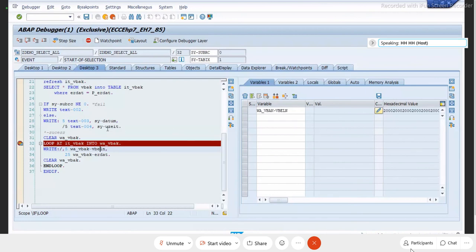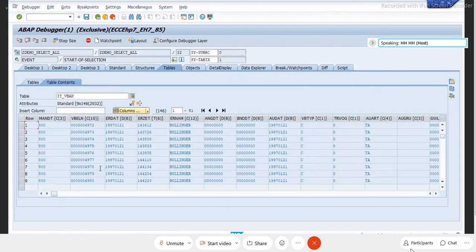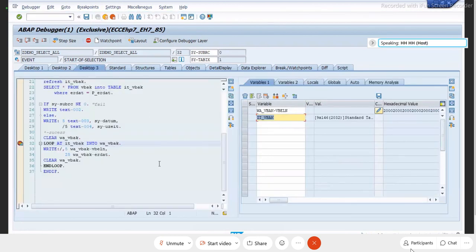Whenever the sales order number reaches this value, suppose here I have 9 values, so I will reach up to 4978. Suppose this value is reached, only then stop me, otherwise don't stop my loop. So up to that point, the seventh line, don't stop me, simply within one shot I need to execute it. In this case, I'll go for the watch point.